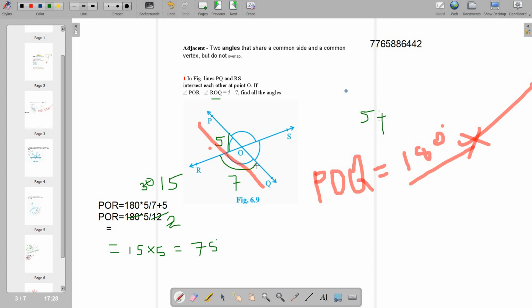We know that POQ is a straight line. Now POQ is a straight line, which is 180 degrees. When we subtract from the straight line of angle 180 degrees,